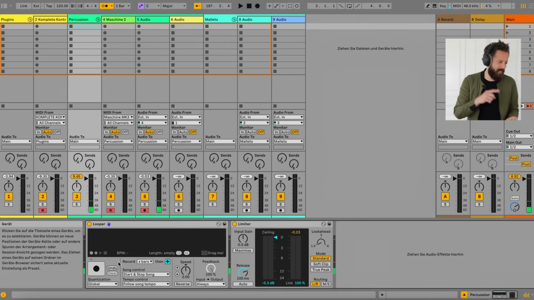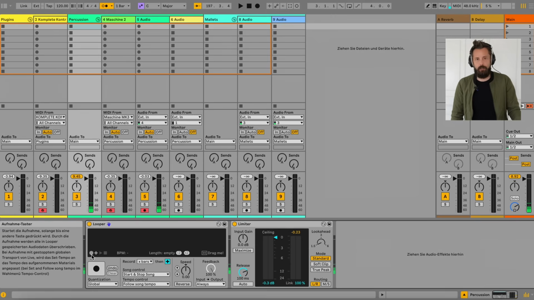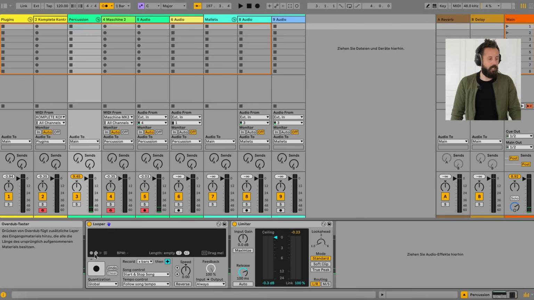Alright, so enough talking, let's see how everything works here. So basically you can see the most important symbols of the looper up here. The first one is the circle, which means record, like you're just recording something into your loop. Next is the plus, and the plus means overdub, which means you're recording something over a pre-existing loop that you've just recorded. Play means this starts playing the loop you already recorded, and stop means stop. That's simple.